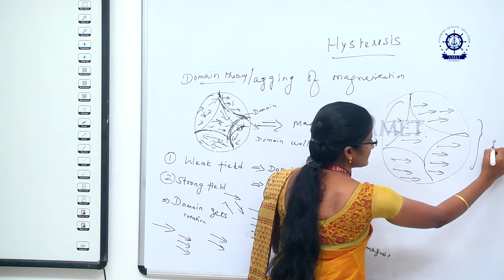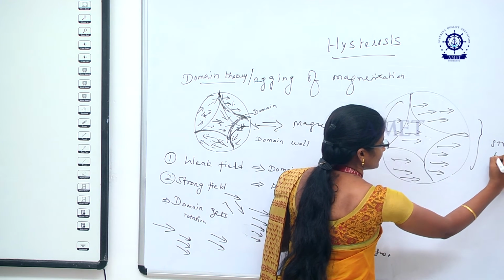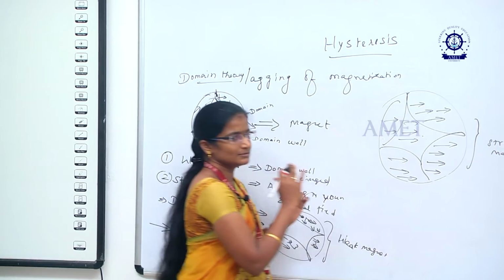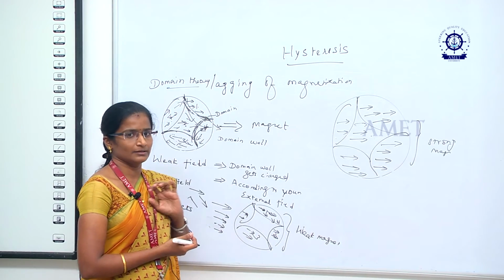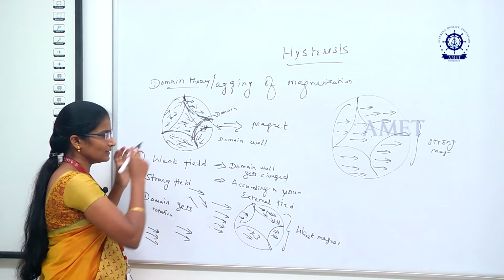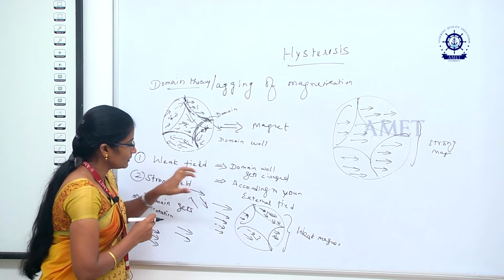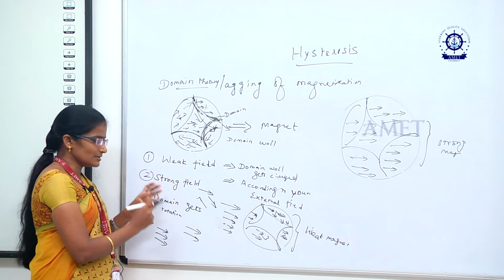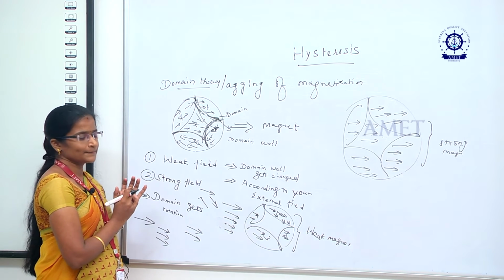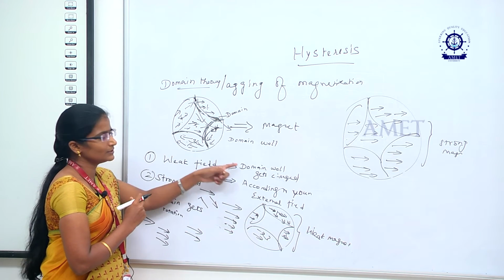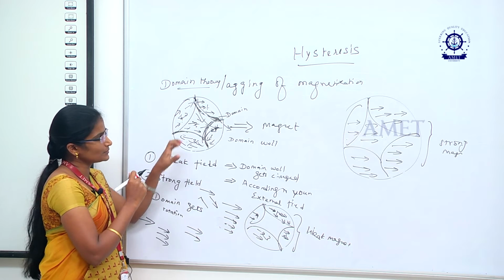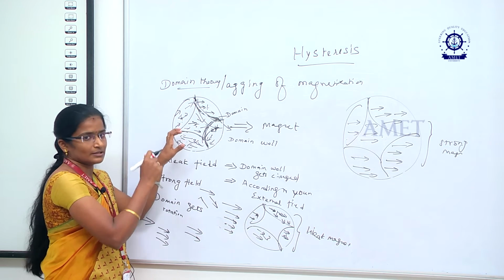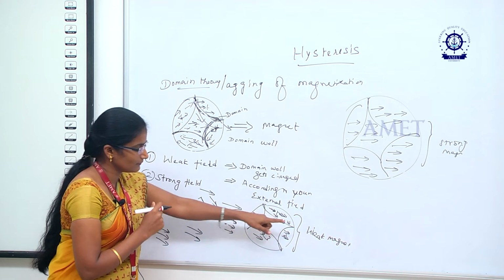That time it acts as a strong magnet. So this is the main process. We are converting one bulk material into magnet. I hope you all understand what the domain is, when the domain wall gets exchanged and when the domain gets rotation. We are giving some weak field, only the domain wall gets changed. Maybe it may be contraction or expansion. Only a small amount of spins change their direction. That time it acts as a weak magnet.